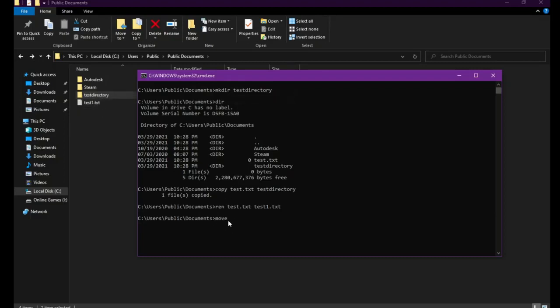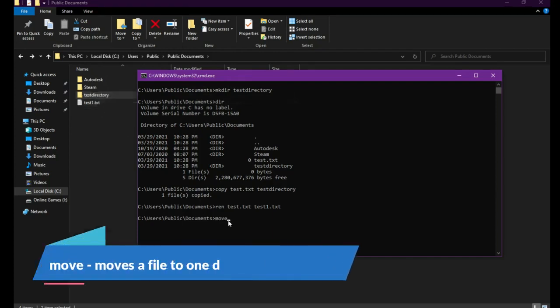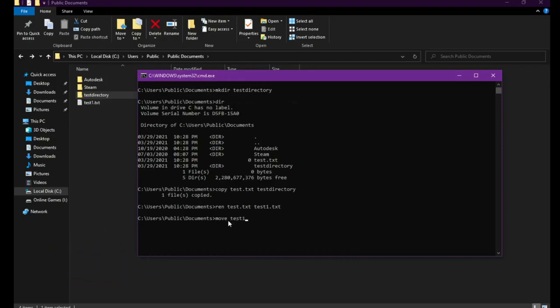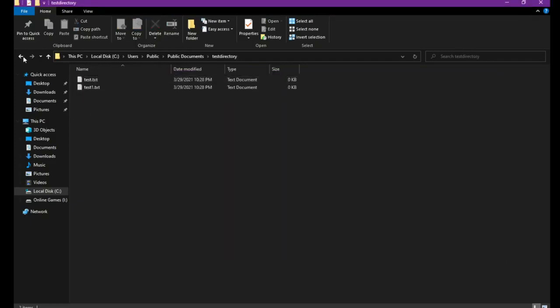If yes, proceed to move the file to the test directory folder, for which you will input move, M-O-V-E, the name of the file, which is test1.txt, then the name of the folder, which will be the destination of the test1.txt file. By clicking the test directory folder, you can see that we successfully moved the file inside the test directory folder. Your screen will display two outputs, which are